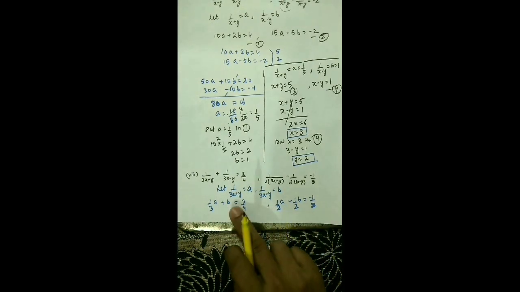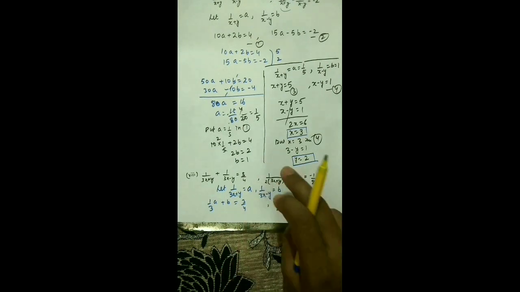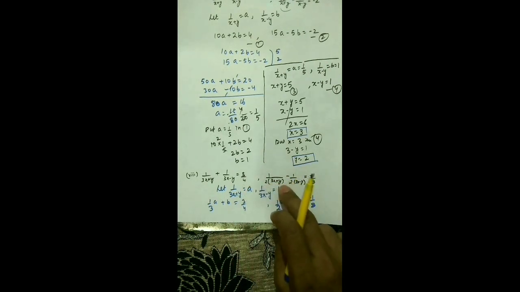You first simplify them, take LCM, and then you solve for a and b, and then substitute in this equation where you assumed this as a, this as b. Okay, now everyone please practice them, because after this some word problems will come based on these types of questions. So better we practice them, so that we will be comfortable in doing them.